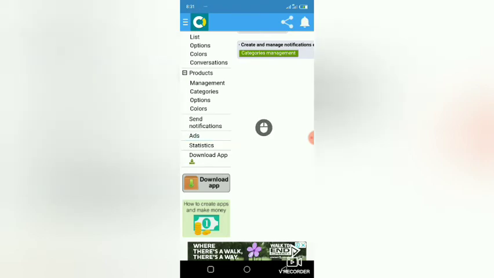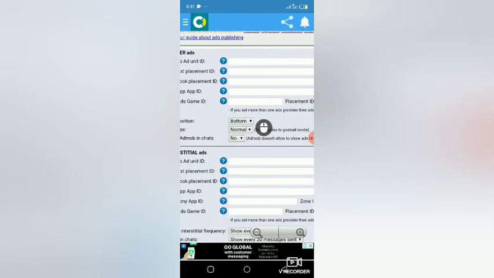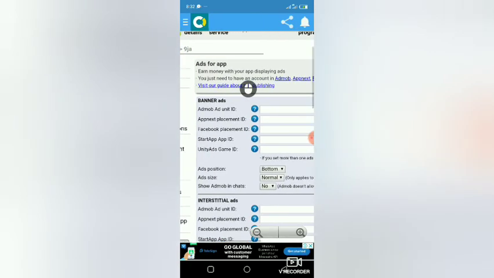Then there is the ad section. First of all, you can place an ad on your app. As I'm using this app now, you can see this thing showing down here that I'm looking at; this Go Global is an ad. You can just click on this ad, and once you click on it, the developer of this app will earn some money. Like Facebook, you see people place ads, they pay, and Facebook gets money from it. Like YouTube, when you're watching a channel, they place ads. So you can place ads on your app. Once people view your ad or click on the ad on your app, you make money.